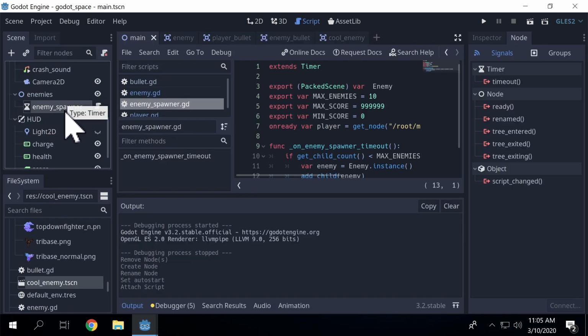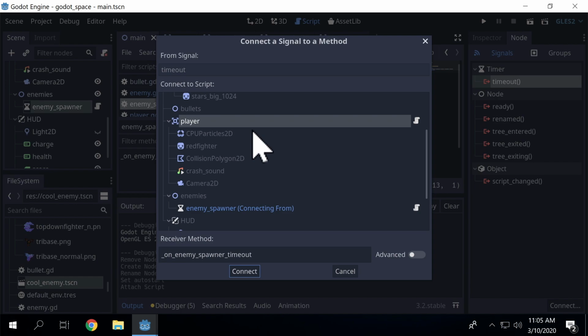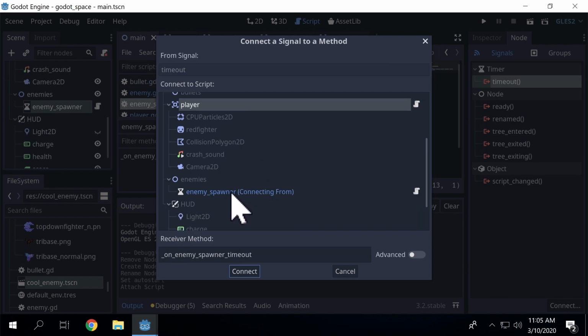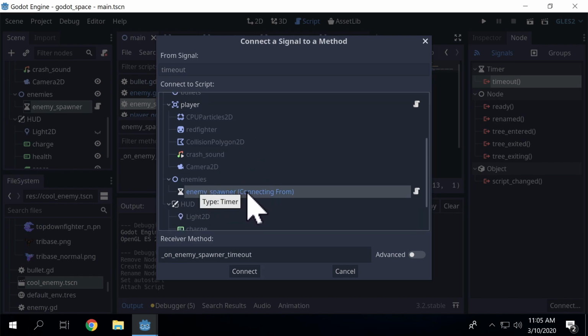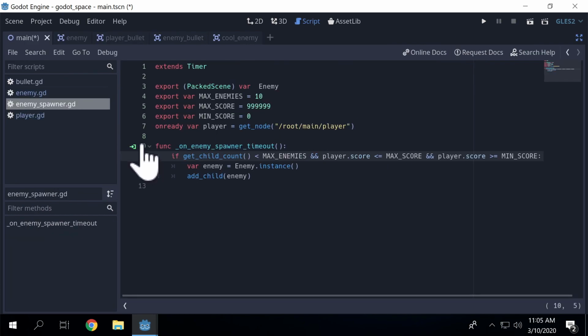I'm going to click enemy spawner, go to the node, and you can see it's only got one signal, timer, and it's timeout. So I'm going to connect it, and I want it to connect to enemy spawner itself. So I'm going to connect, and you can see there's a little green arrow appeared there. That just means that function is now connected to a signal, and so every 1 second that function